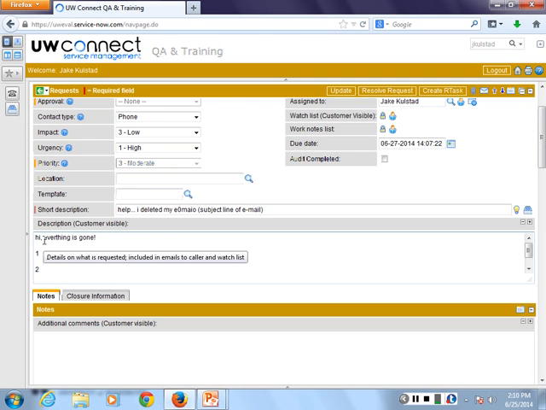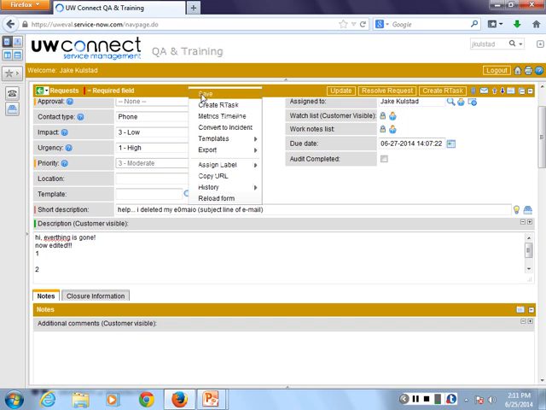I'm going to now take the opportunity to show you that you can edit the customer description. So for example, if someone were to email us with two requests that are very similar, you could take elements from one and combine it and add it here. So I'm going to go in here and edit the description. So I'm going to ask you, what's going to happen to this description if I save this record? And I'll remind you, I only ask trick questions. What do you think is going to happen if I right-click and save?